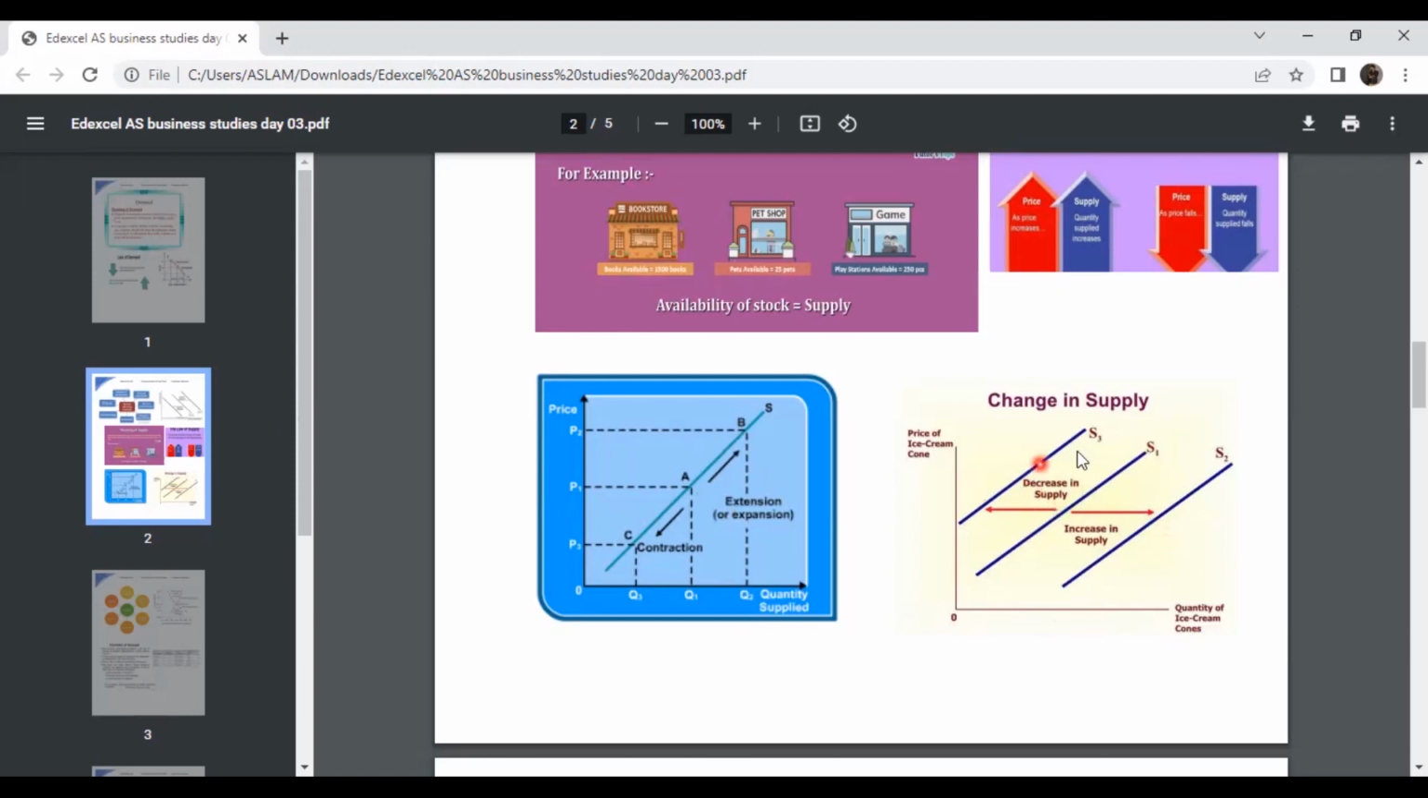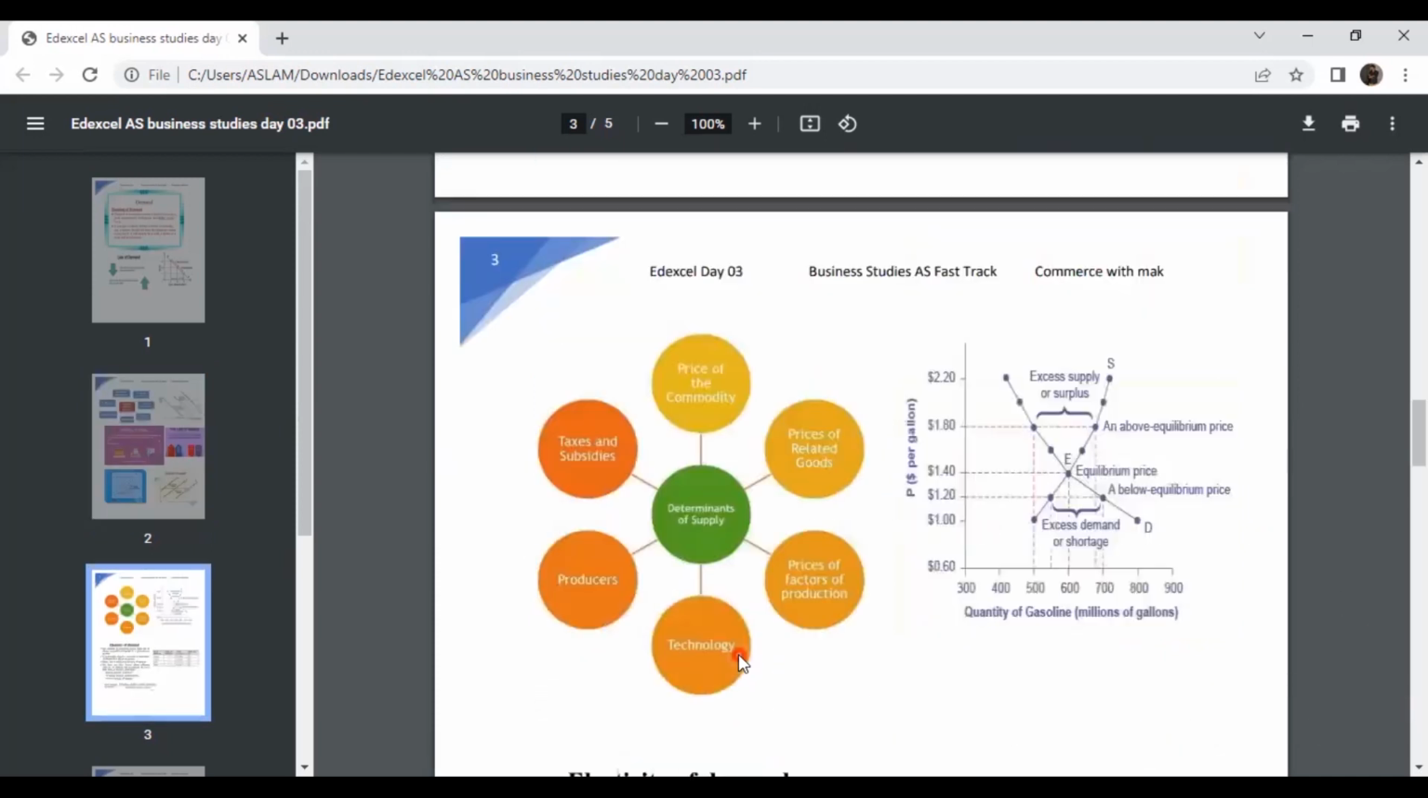One we say as decrease in supply, other one we say increase in supply. Increase in supply you can see shift to the right, decrease in supply you can see shift to the left. The changes in supply only happen due to the determinants of supply. So what are the determinants of supply, which we have already learned? So we have price of the commodity, price of related goods, price of factors of production, technology, producers, taxes and